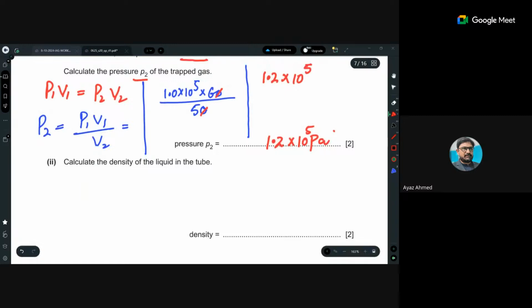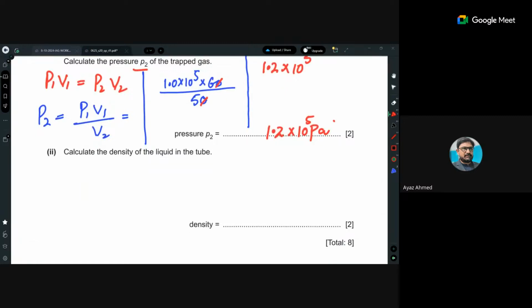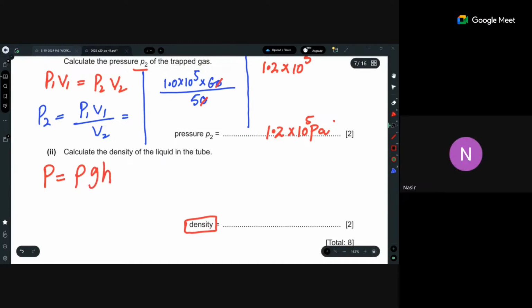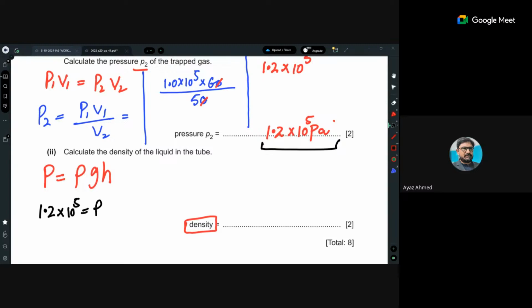Then it is said that calculate the density of the liquid of the tube. So just check the tricky nature of the examiner. He has not asked us to calculate the pressure. He asked us to calculate the density because he knows that the student will be able to calculate the pressure, which is equal to rho g h. This is the formula, and P is the same as this one because that is also again in equilibrium. So it is 1.2 into 10 raised power 5 is equal to density into the value of g, 9.8, into